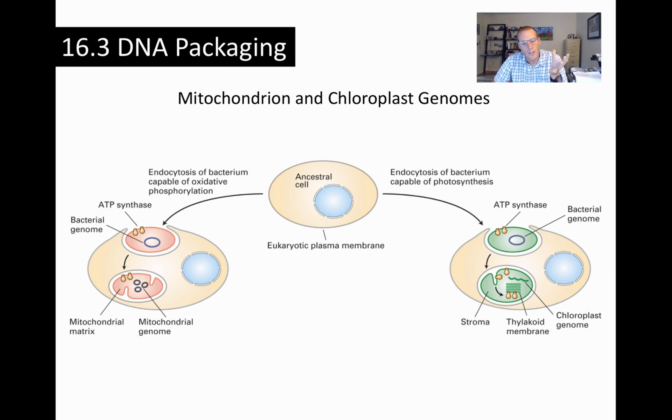I want to turn our attention now to looking at the genomes of mitochondria and chloroplasts, and your book doesn't do a fantastic job of covering this, so I've added some additional stuff in, so you won't read about this in your book. Hopefully you know that mitochondria and chloroplasts have their own chromosomes, they have their own genomes, they're devoid of histones, and they're usually circular. Both of the chloroplast and the mitochondria genomes encode polypeptides which are used within the organelle,